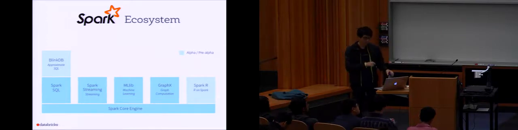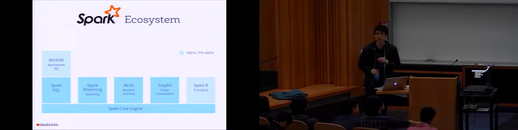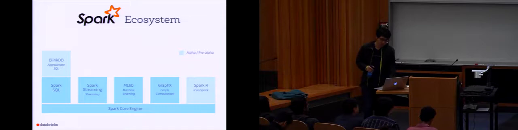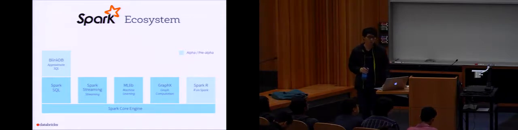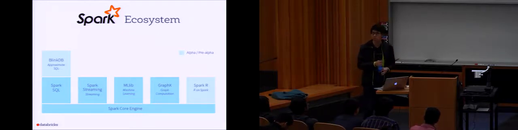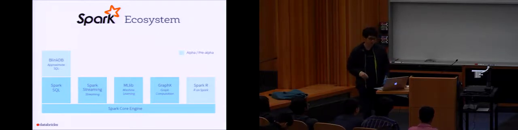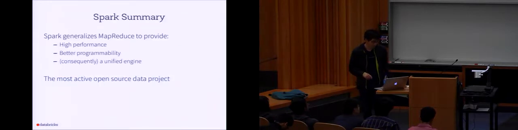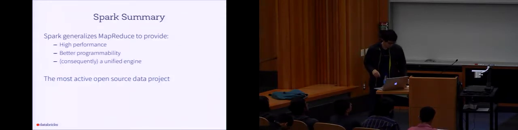And this is actually fairly different from Hadoop in the sense that a lot of these libraries are fairly efficient, sitting on top of a general engine. So if you remember, MapReduce is horribly slow for a lot of things, and then they become much more efficient here. So in short,